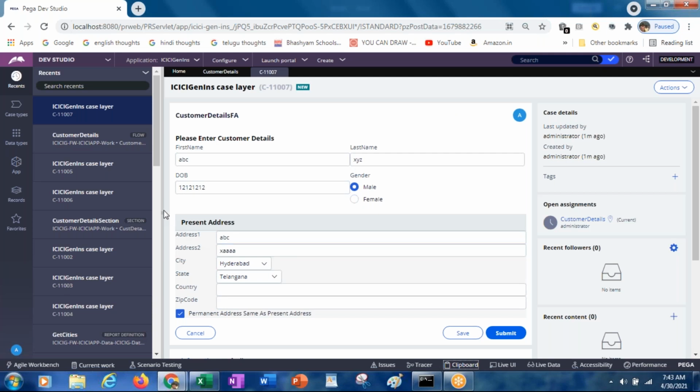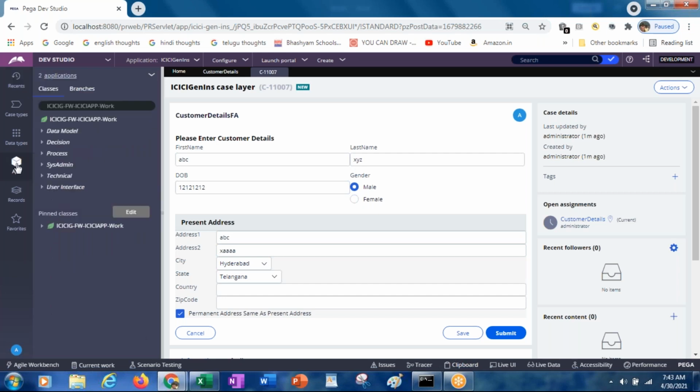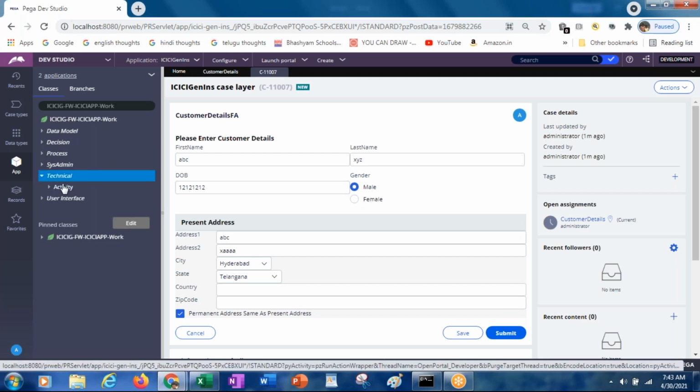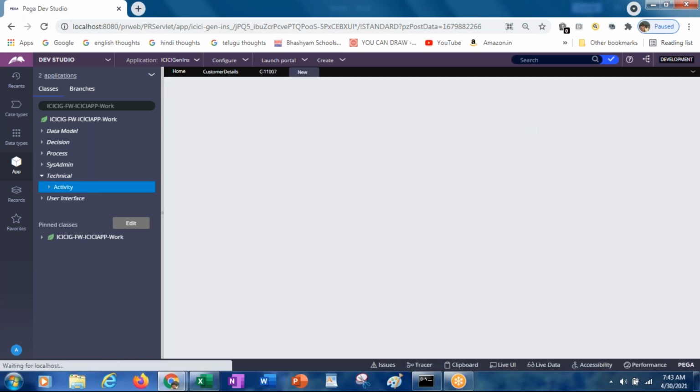So for that we will be creating an activity. To create the activity, go to App Explorer. Where exactly can we create it? In the work class only, under the technical category. Right click on the activity, create.